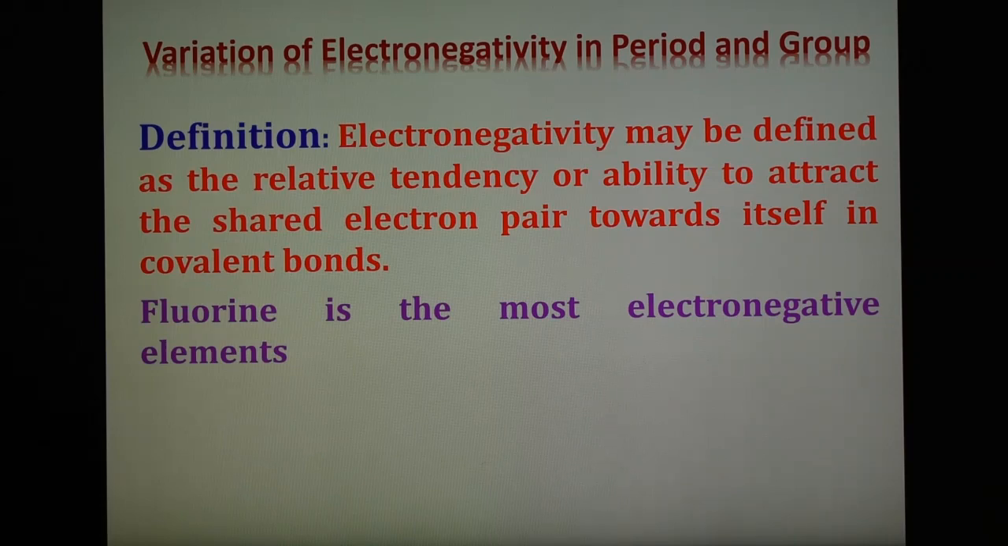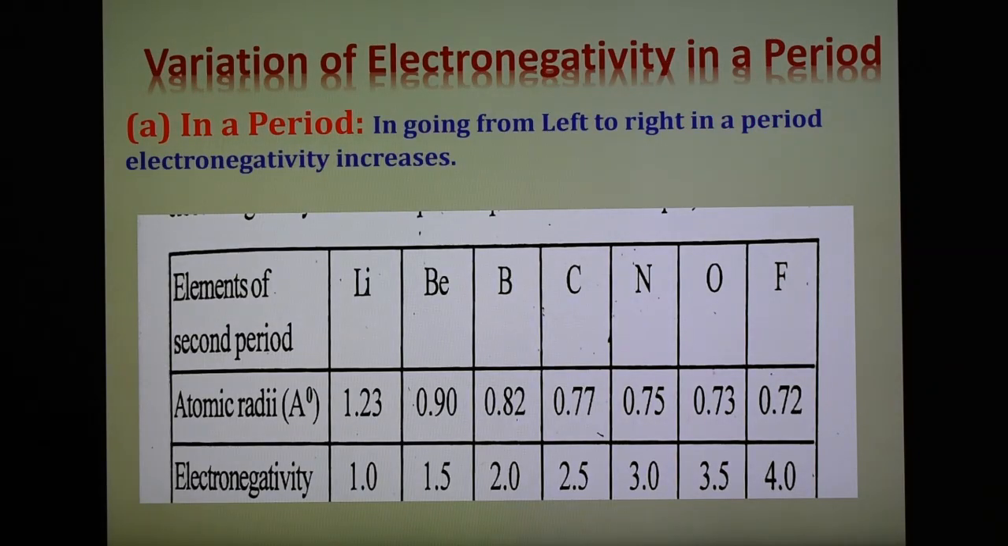I am repeating again. Electronegativity can be defined as the tendency or ability or power to attract the shared electron pair toward itself in the covalent bond. This tendency is known as electronegativity. And as we know, in the periodic table, out of all the elements, fluorine is the most electronegative element. Next, we are going to see the variation of this property, electronegativity, in the period and in